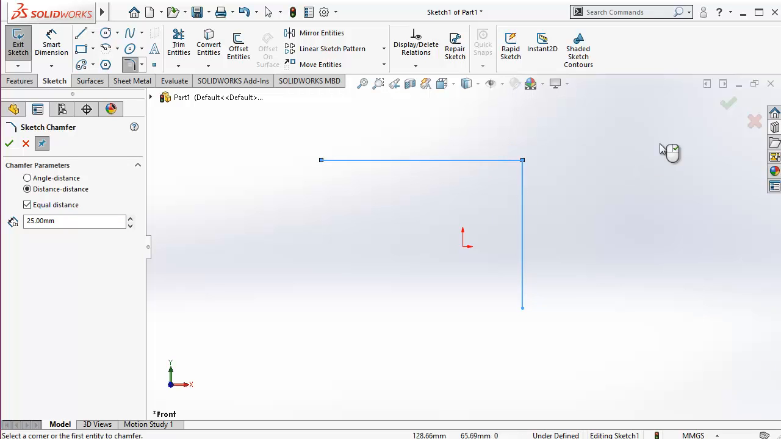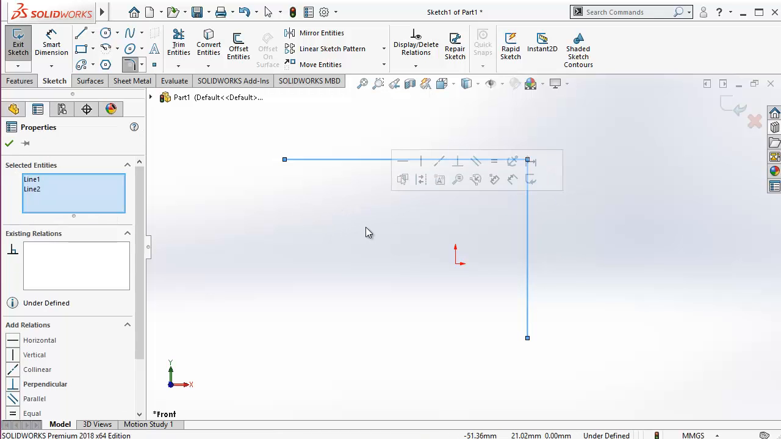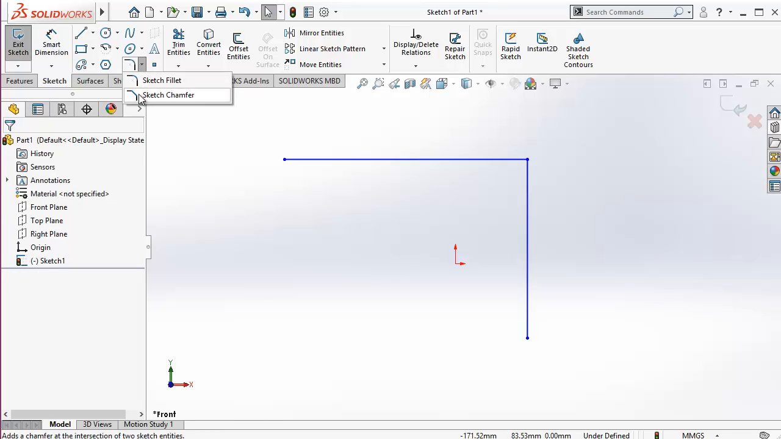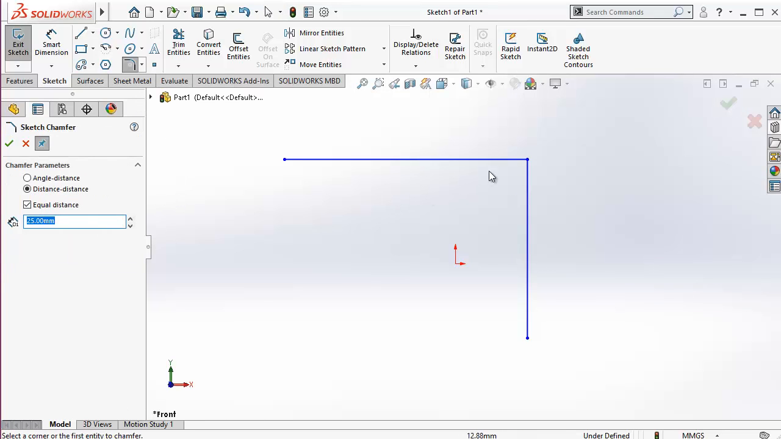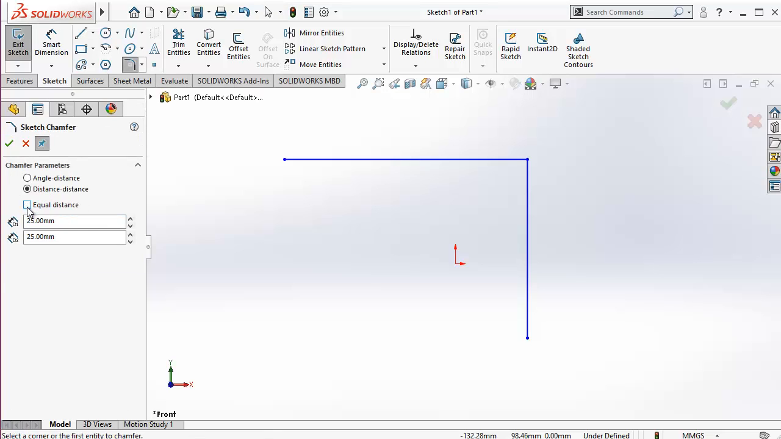two lines and the chamfer is created, or I can click on the point to create the chamfer. Again, let me show you. If I uncheck this equal distance option, then I can